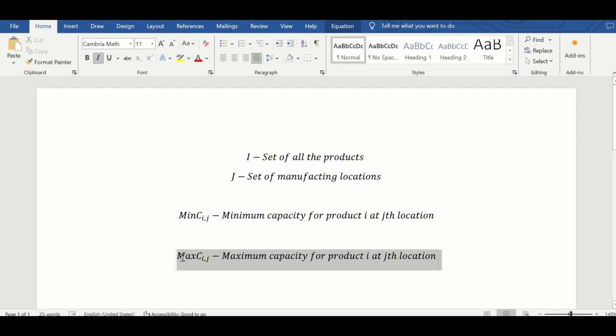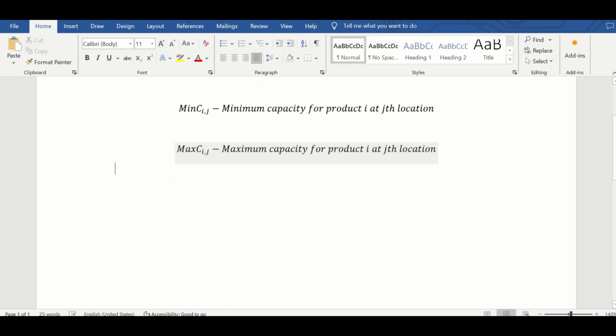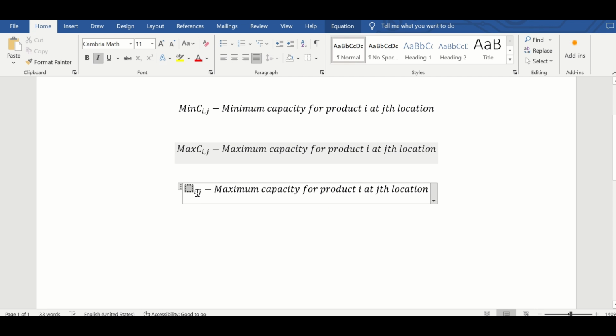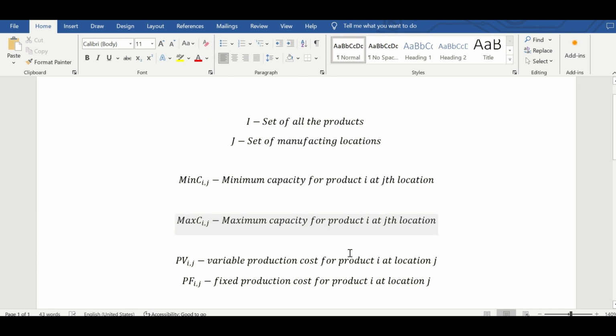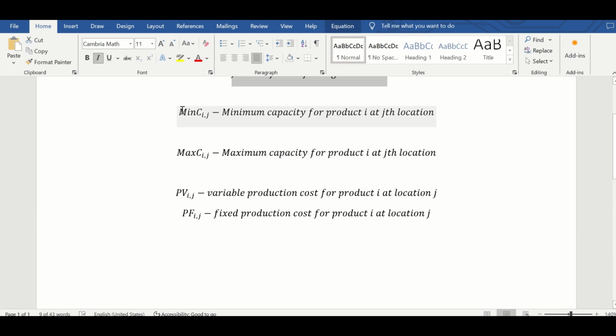We also have the variable production cost and fixed production cost. So let's name the variable production cost PV, and this would be the variable production cost for product I at location J. Similarly, we have fixed production cost. Let's write that as PF, and this would be the fixed production cost for product I at location J. Now we have two sets and four parameters, the input data,